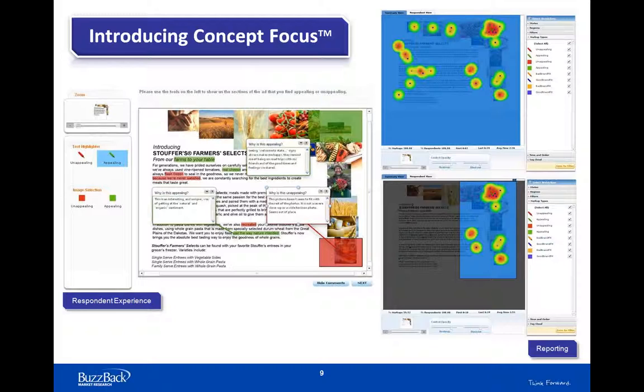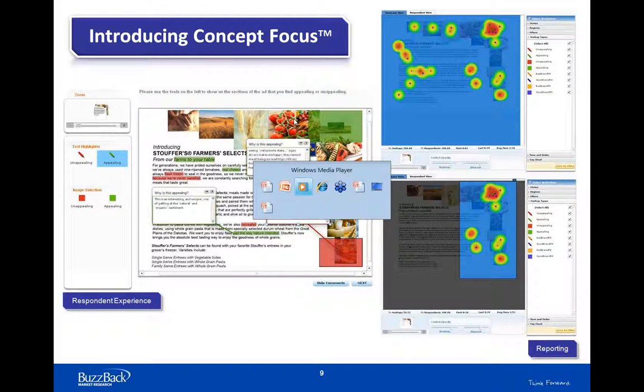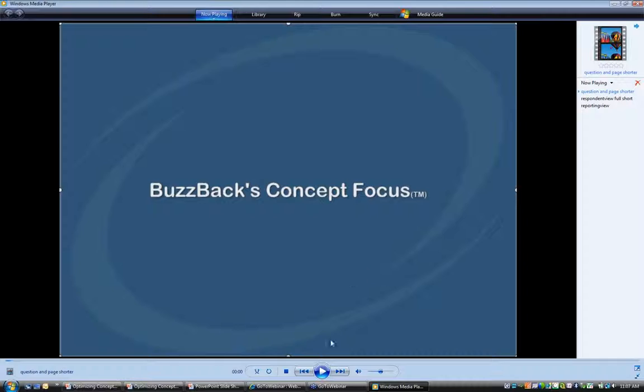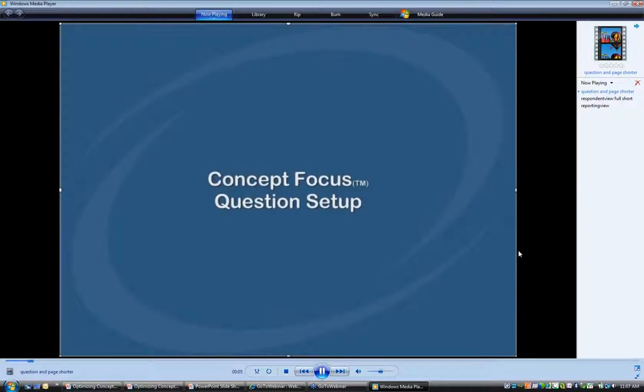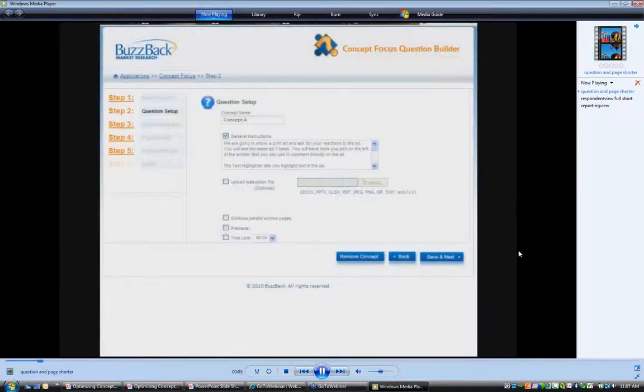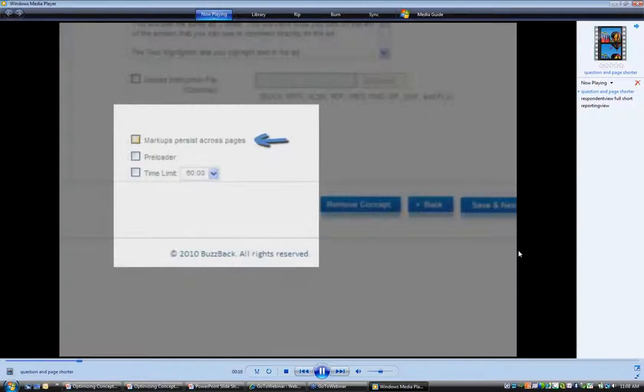So what I'm going to do now is run a few brief videos and explain how this tool works. So we'll first start with the project setup, and this will really demonstrate how very flexible this application is. This gets plugged into any survey, so it's not a standalone application. It fits in with the broader survey, but it has its own proprietary setup, so that we can go in and designate things such as, if we have a multiple screen experience,